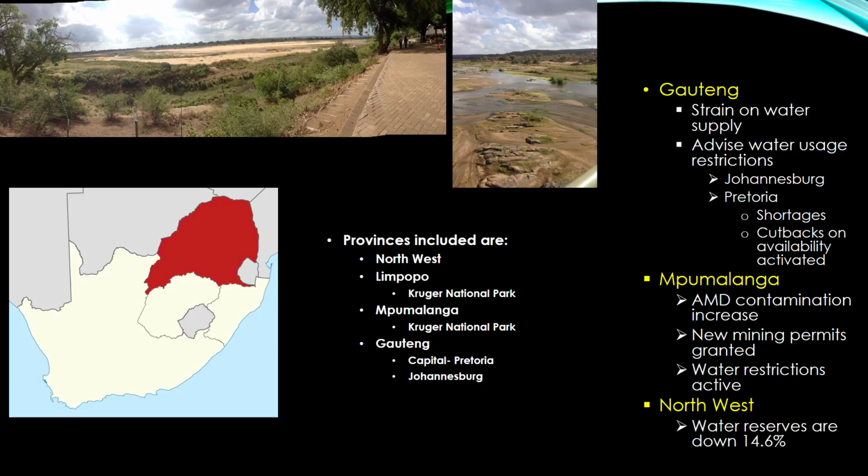The problems within this region that I selected is Gauteng. The municipal water supplier there is called Rand Water. It provides water to Johannesburg and the entire province of Gauteng. However, due to the drought, there's been a strain on the bulk water supply, and Johannesburg and additional cities have not been able to get the amount of water that they need. Right now, Rand Water is advising restricted water usage. They're not implementing it, but they are telling the citizens and consumers, hey, you should probably hold off on that.